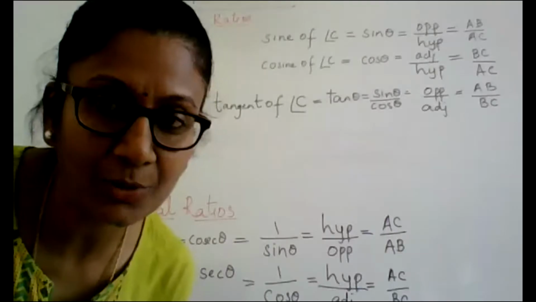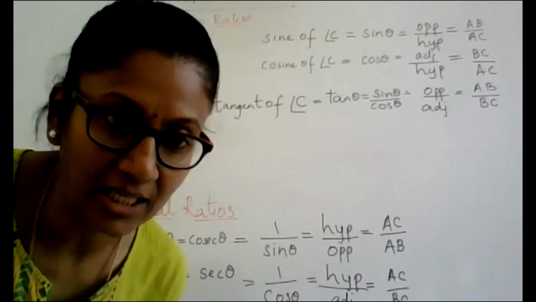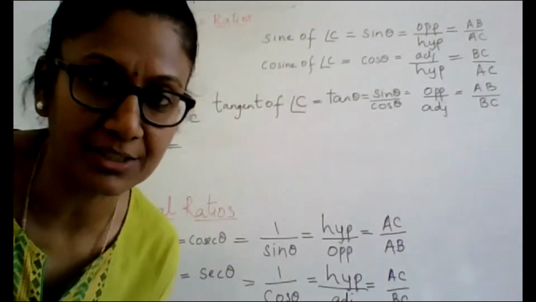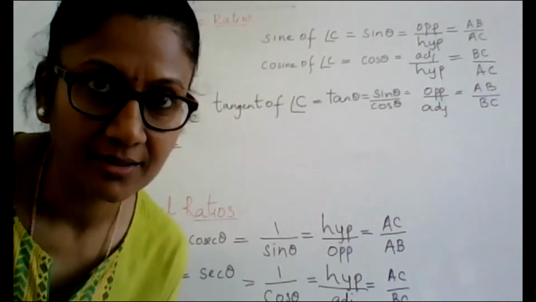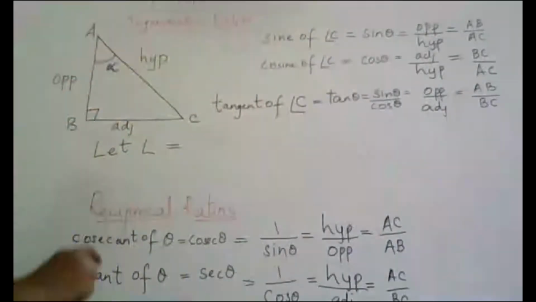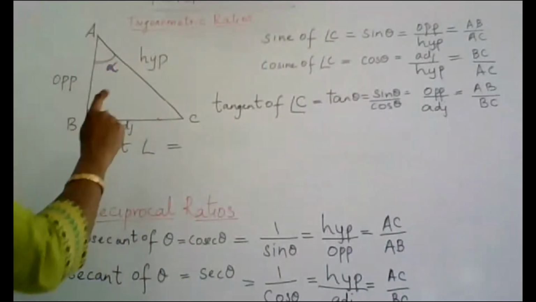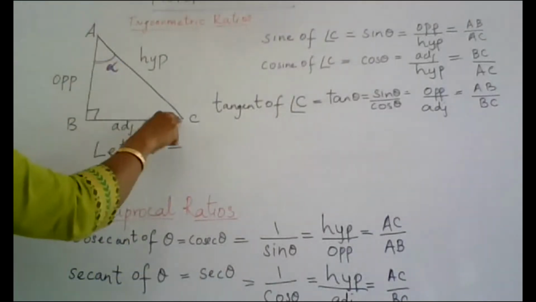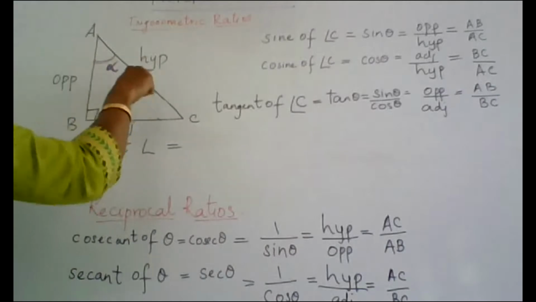Angles? There are only acute angles other than the right angle. In a right triangle, the remaining two angles will always be acute only, my dear. No, ma'am, can't we write it for the right angle also? No, those ratios are specific to the two acute angles only, because this right angle is making the other two become equal.